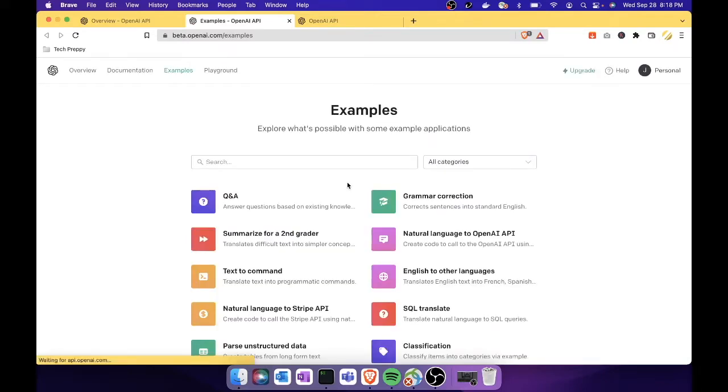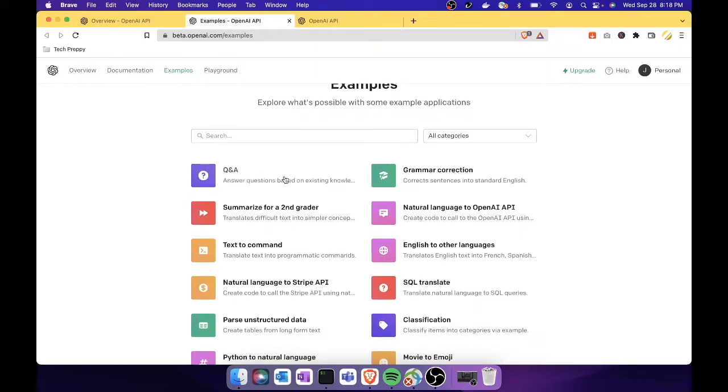So there you go. So these are examples of some simple tools that you can create using OpenAI, like a simple Q&A. You can just type in some sample question and then the AI will answer you back. Grammar correction. Yeah, as I mentioned, there are a lot of applications that use this OpenAI as their backend. One of those is Writer.me. If you're familiar with that, then that application is using this OpenAI, and then also Copy.ai. That's another